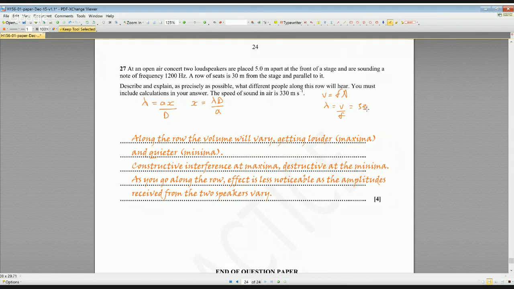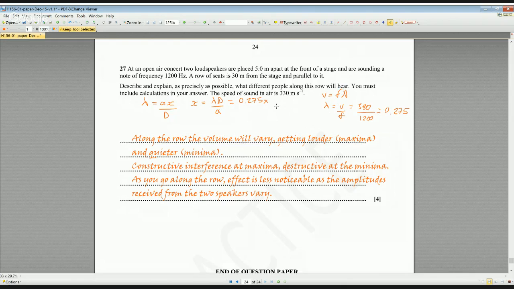So 330 divided by 1200. And that gives you a wavelength of 0.275 meters. And we can then feed that into our calculation here. So 0.275